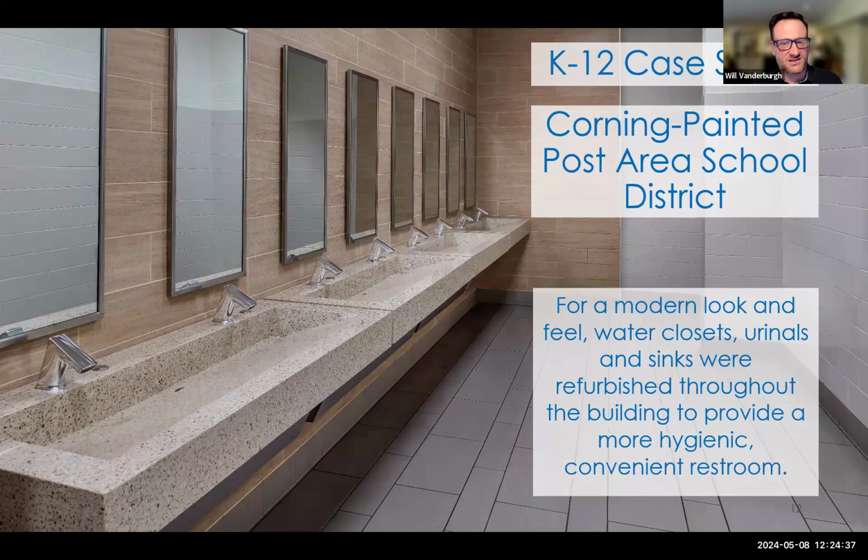Quick case study, this one happens to be in the United States. It's Corning Painted Post, which is in Corning, not too far from Elmira, New York, if you're ever down in the Finger Lakes area. This is their student washroom, which they had the opportunity to renovate in this entire school. It's a joint elementary and high school together in the same facility. One of the things they went to was this long linear trough look, and we'll see in a second here,